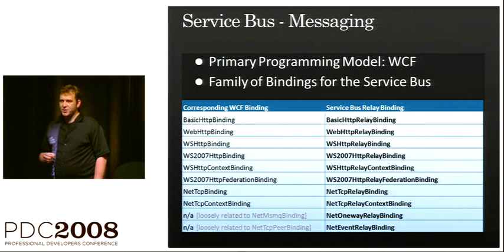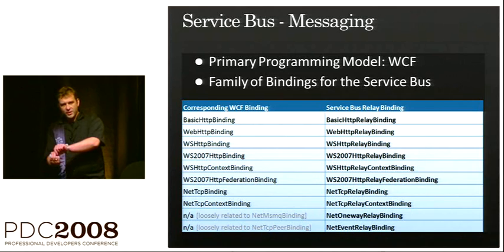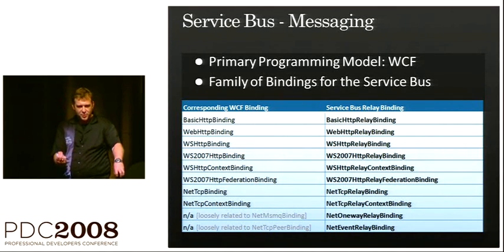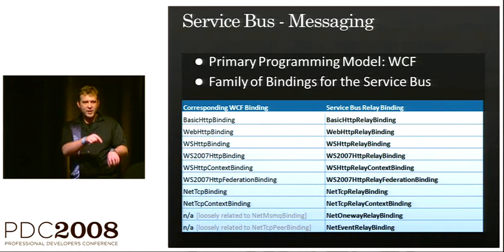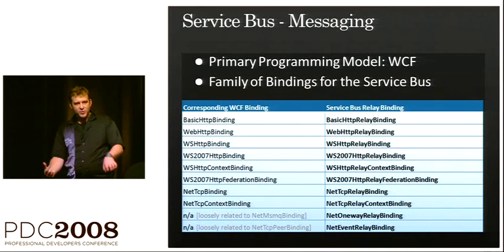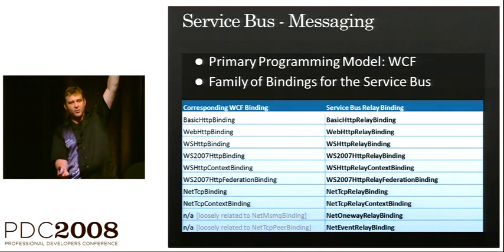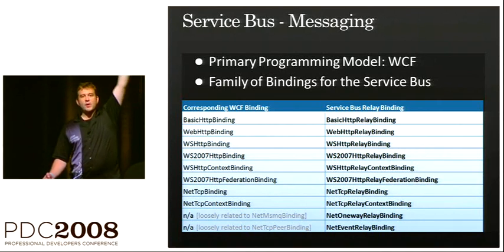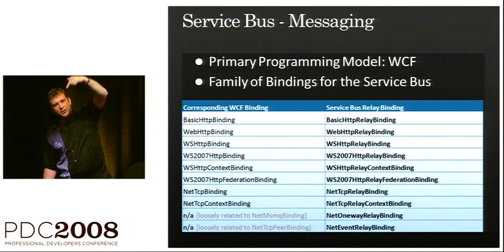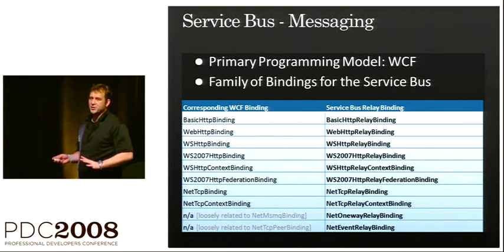What happens if you use the basic HTTP relay binding? You open up a service on your local machine. And what usually happens with the basic HTTP binding is you create a named pipe connection to HTTP.sys. You tell HTTP.sys, hey, whenever something comes up on this part of the local namespace, send me that request, and that's the way you're getting it. What we're doing is we're cutting that connection, and we're making that connection work with the cloud. So instead of opening up a relationship with HTTP.sys, you're opening up a relationship with our cloud listener. So you send an HTTP request up there, and that HTTP request gets routed down to you. We're going to see that all in pictures and how that all works.